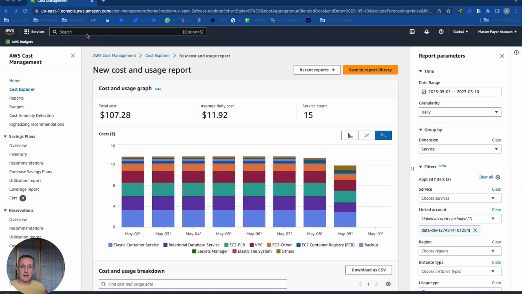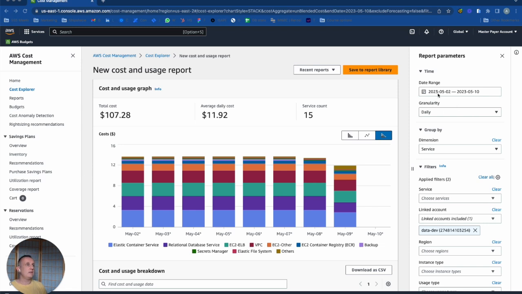aws.amazon.com and you log in. If you haven't got an account, you will have to set one up, but it's no more difficult than setting up an account in Google or anywhere else. I happen to use multi-factor authentication with the authenticator, but again, that's no more difficult to set up than MFA anywhere else. You end up going to Cost Explorer. You just put it in the search bar, just write Cost Explorer, and it will show you your